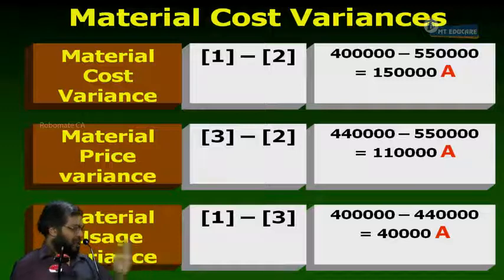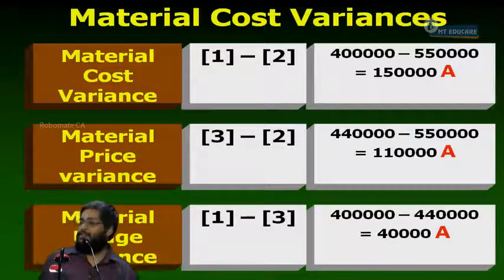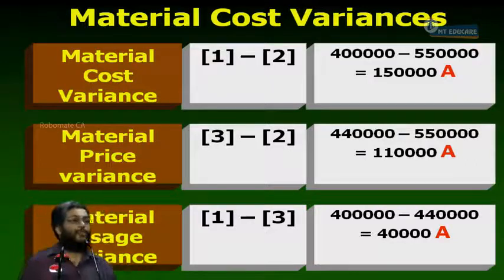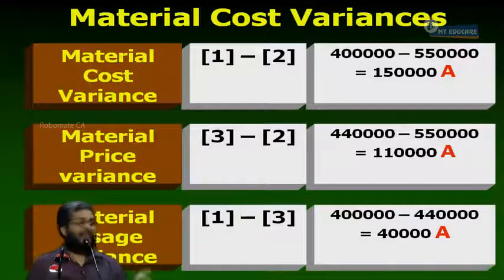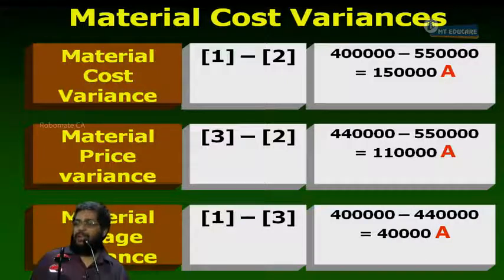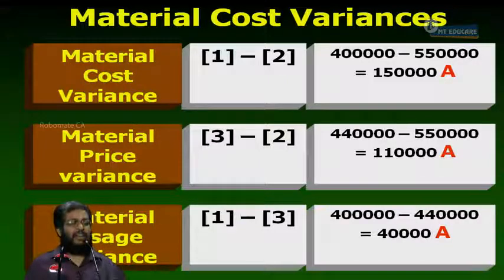3 stages you have crossed. 1 is copying, number 2 is by hearting, third is solving. The fourth and important stage is understanding what is being discussed. Now only my work starts. I have to make you understand what we are doing, what these variances represent, and who is responsible for these variances.